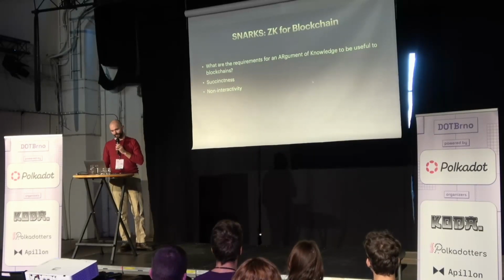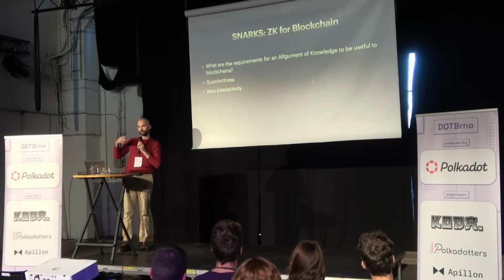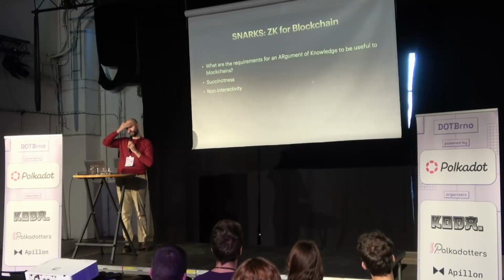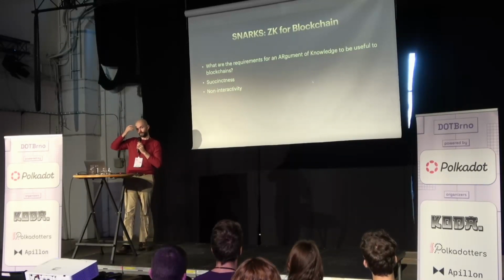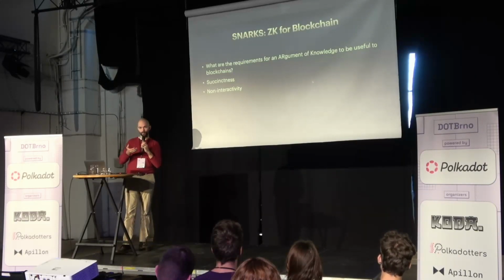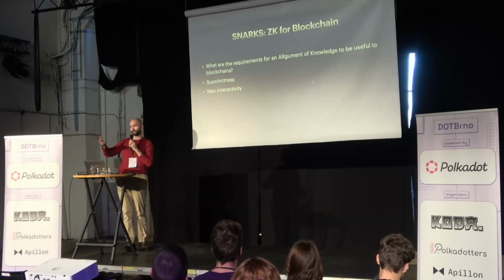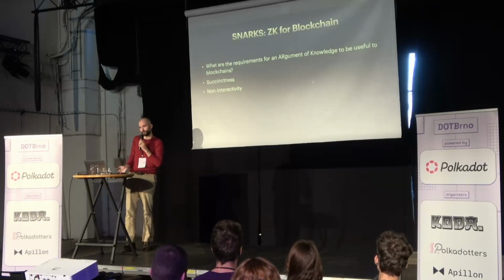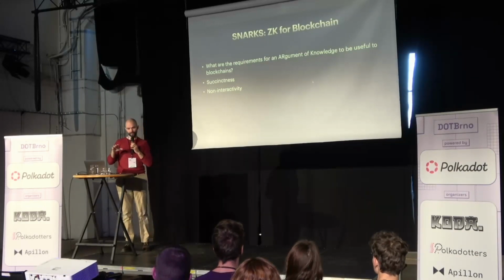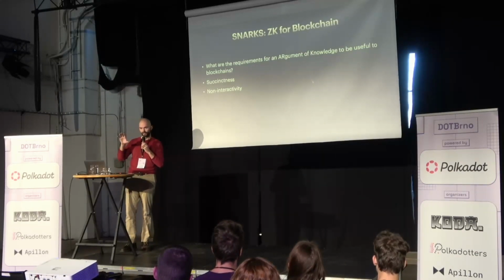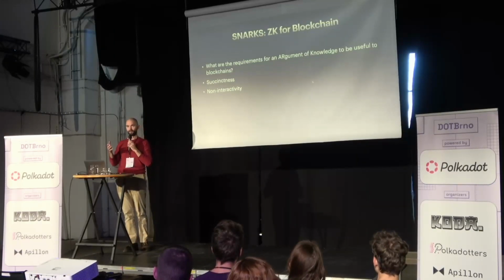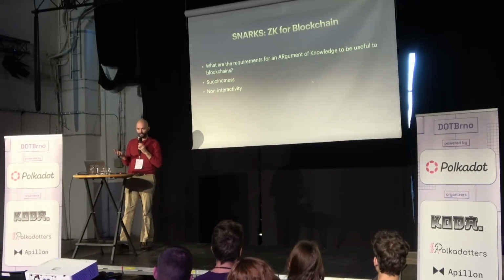So this is obviously a made-up example. Why don't I talk about how we would actually use this on a blockchain? On a blockchain, the prover is generally going to be a user of the service, of the network, and the verifier is usually going to be the chain itself. So what will happen is users will submit proofs to the chain, and the chain will act as verifier and check those proofs. So when the verifier is not a person but is a blockchain, then we have some constraints that we have to obey.